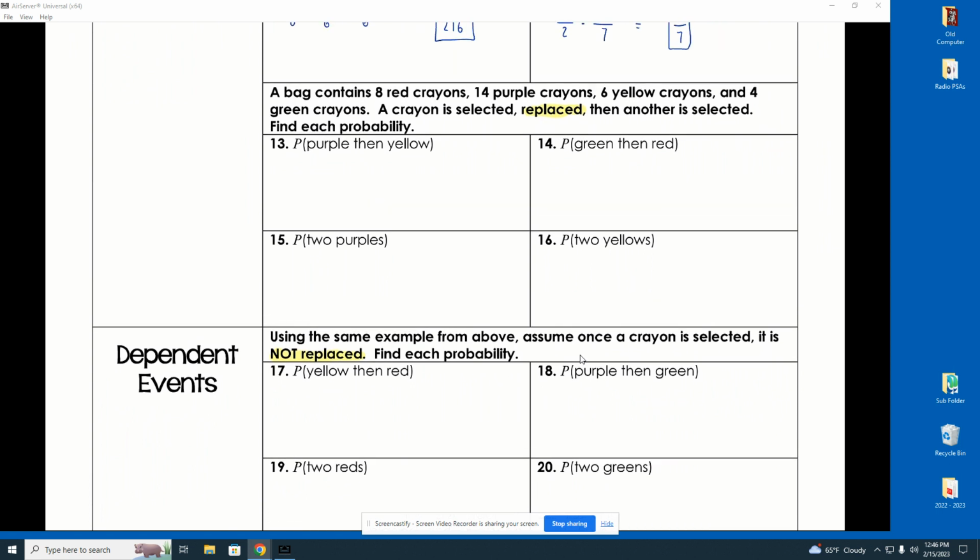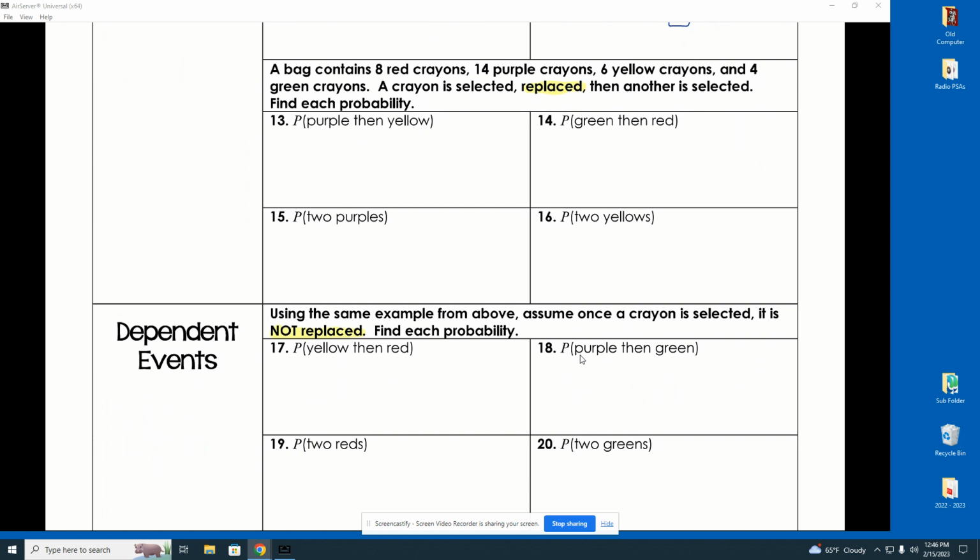Okay, so here we go. We'll go fast. A bag contains 8. Well, you read it. What's the probability that you get a purple and then a yellow? How many events? 2. Multiple events, we multiply events. Y'all better remember that. If you don't, I'm going to bust you up. So start with the first reach down into my bag. How many crayons are in there? 32. How many were purple? 14 out of 32 chance. You put that crayon right back in. You reach back in there. How many crayons are in there? 32. How many are yellow?